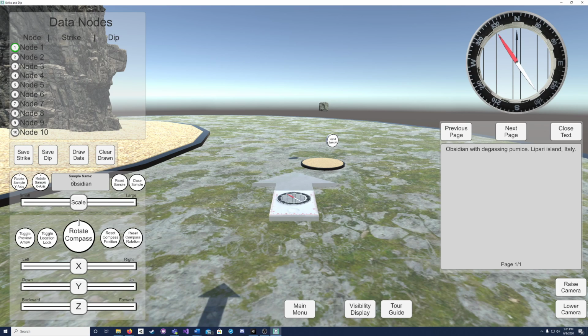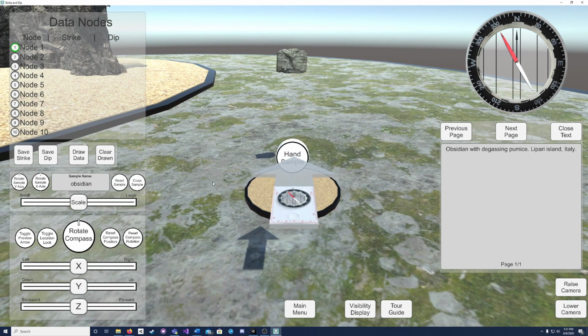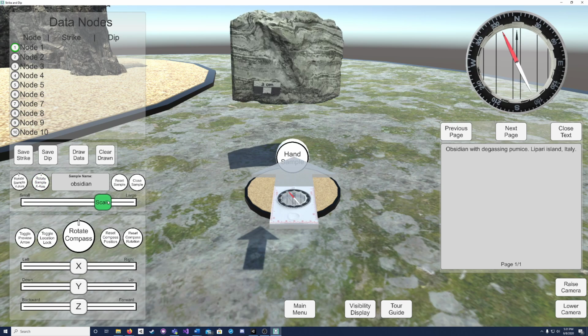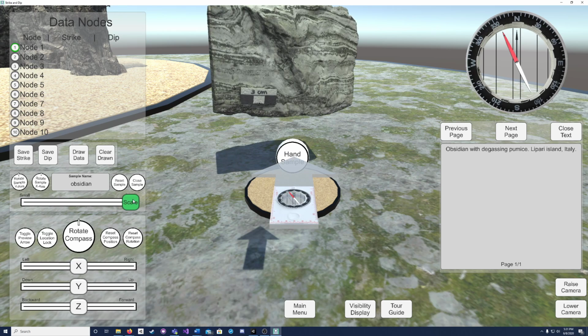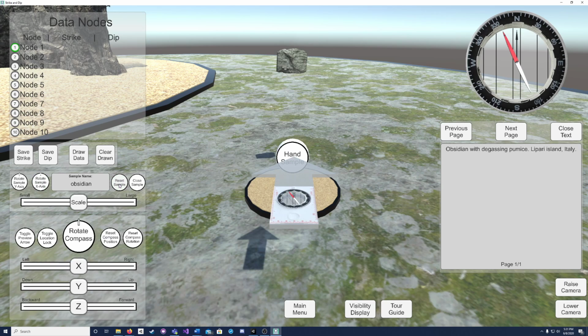This control panel will display the name of the hand sample, as well as a couple buttons that let you manipulate it. Go ahead and move over to the hand sample tour stop. And these buttons let you manipulate the hand sample by spinning it around its y-axis, rolling it around its x-axis, or scaling it up and down to make it larger or smaller so that it's easier to see. You can also reset it by clicking the reset button here,